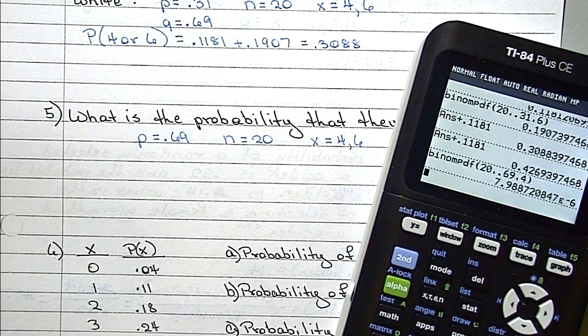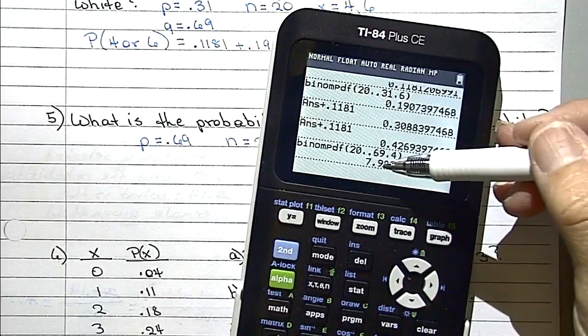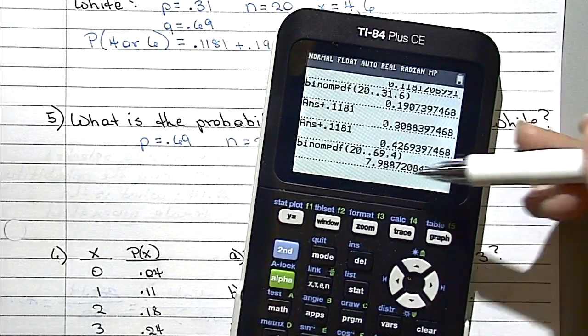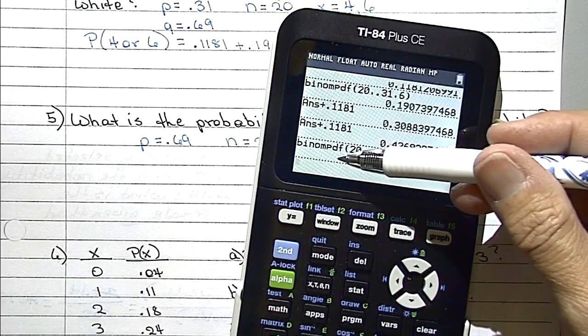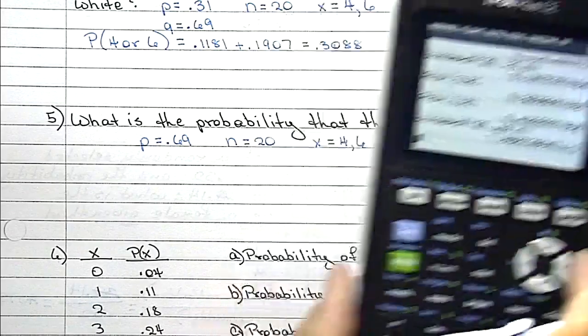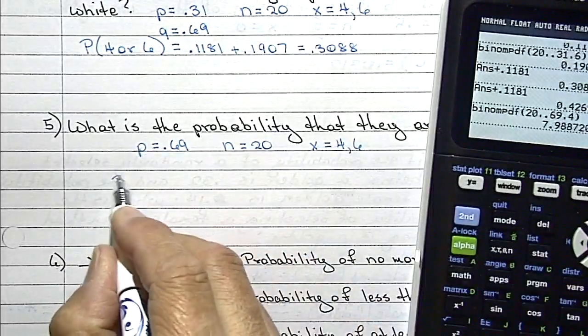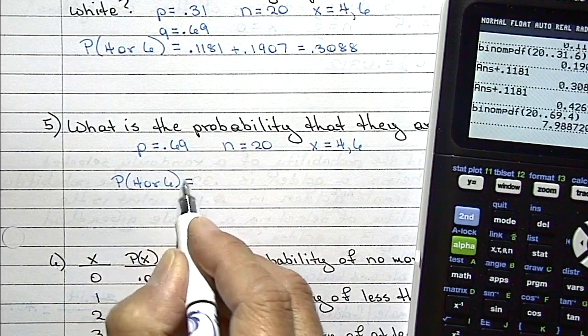And I get a weird number. Okay, now look at this one. It's 7.9 exponent 6 places. I'm going to go way over here, and I'm going to push this exponent 6 places in the negative direction. In other words, I'm going to have 5 zeros in front of that 7. So the probability for this one of 4 or 6 is equal to